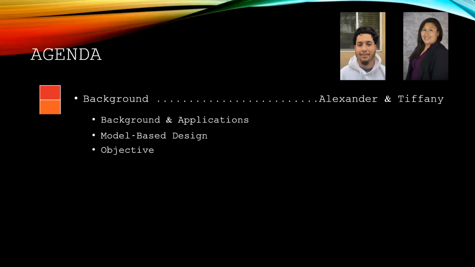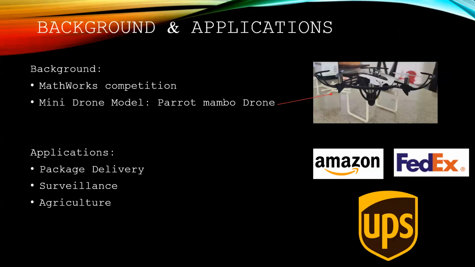Tiffany and I are going to be discussing the background of this project. So the background for this project is composed of a MATHWORKS competition that uses an autonomous drone to pick up a Rubik's Cube from a specified location and drop it off to another location. The type of drone that we will be using in this competition is a Parrot Mambo drone, which is a quadcopter unmanned aerial vehicle, also known as a UAV, that uses 4 different motors to turn the propellers in order to create lift. A specially designed claw is mounted on the UAV that is designed to pick up the Rubik's